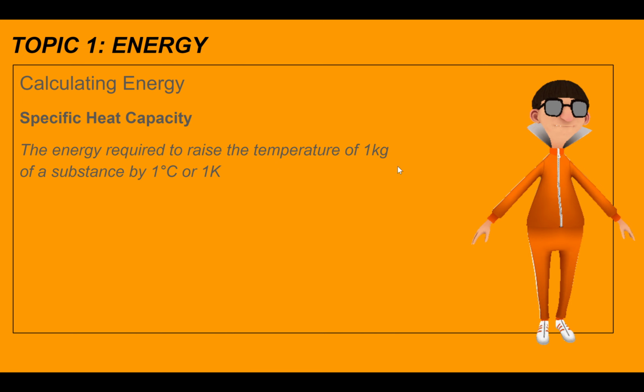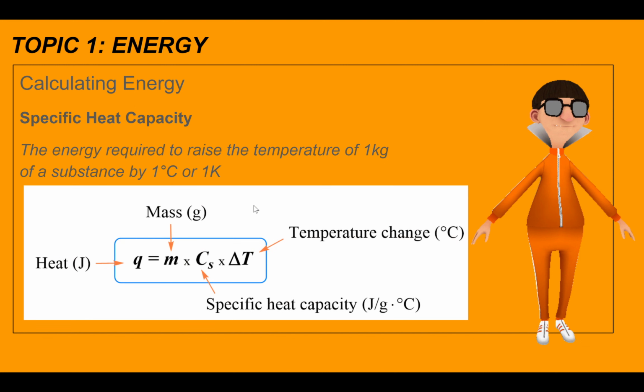Now we have specific heat capacity, which is the energy required to raise the temperature of 1 kilogram of a substance by 1 degree Celsius or 1 K. Just go with 1 degree Celsius. Anyways, here's the formula. I don't know why it's arranged like this, but you can just rearrange it. It is mass times specific heat capacity